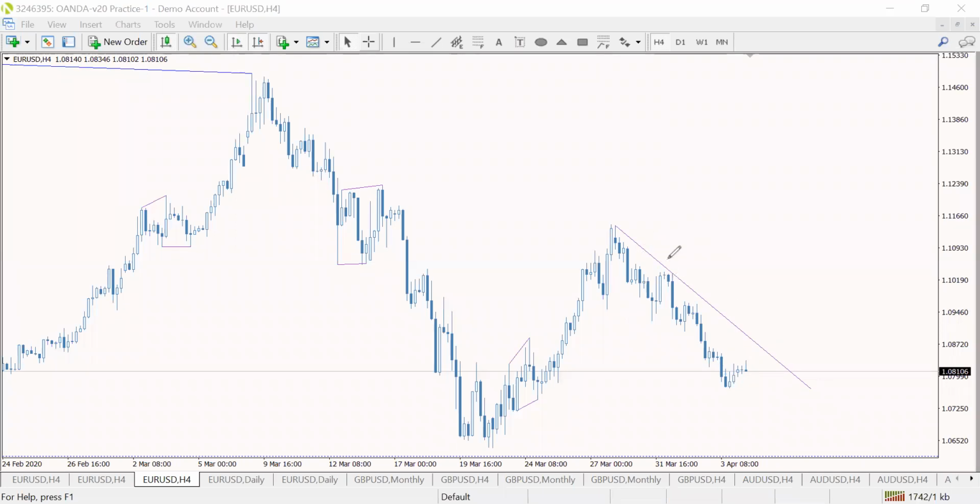We had this move, we've got this trend line. So it's either this market is going to correct to this trend line, then continue going down. That's the thing. We are expecting it to continue going down. Okay, we are done with Euro USD. Let's go to Great Britain USD.